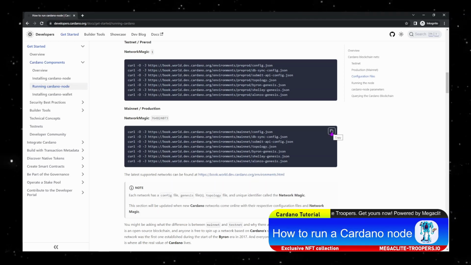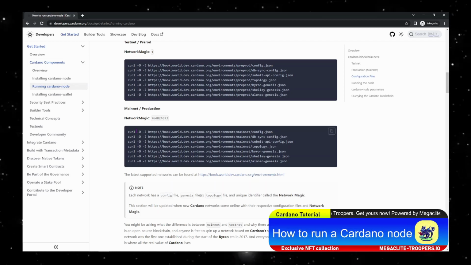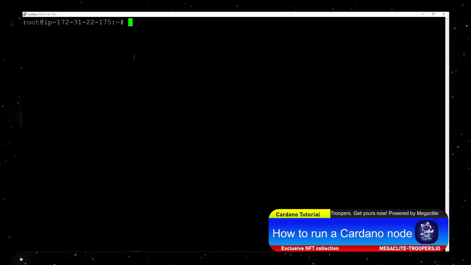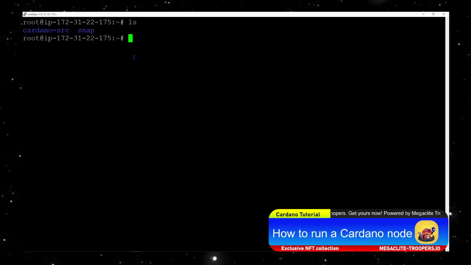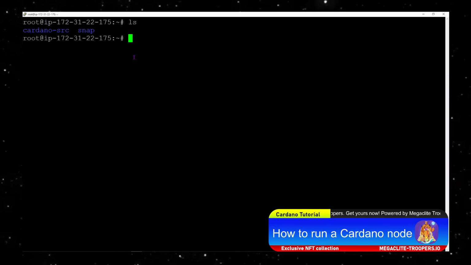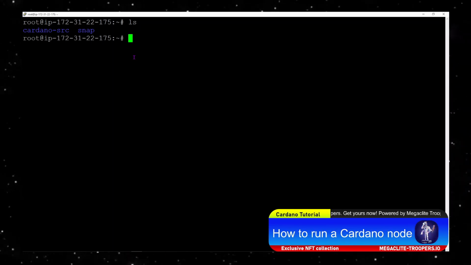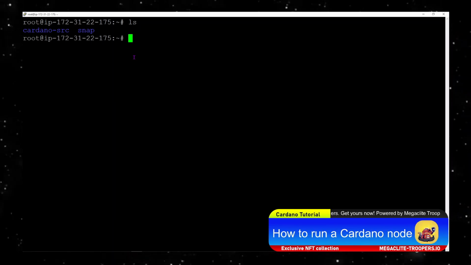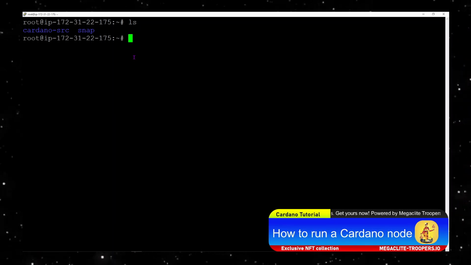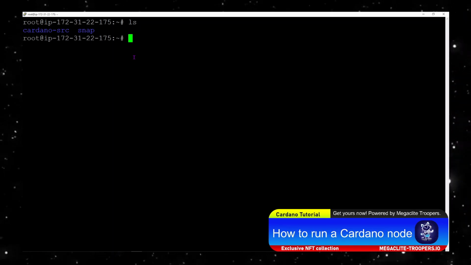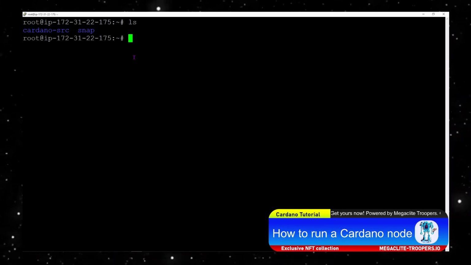So you copy the top right and paste it here, but we don't paste it anywhere yet. We make sure we are in the home directory, and what I prefer to do is to create a folder with the node name. So for example, you can either create it in the Cardano source folder,